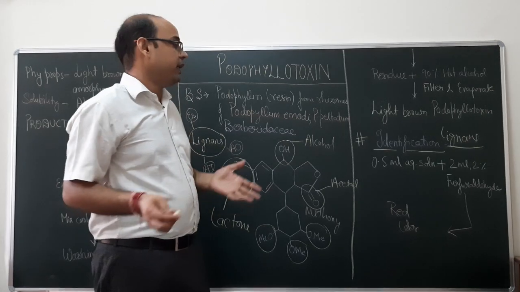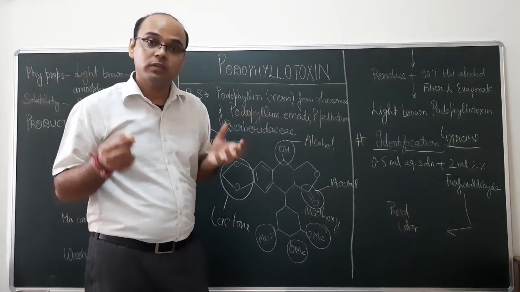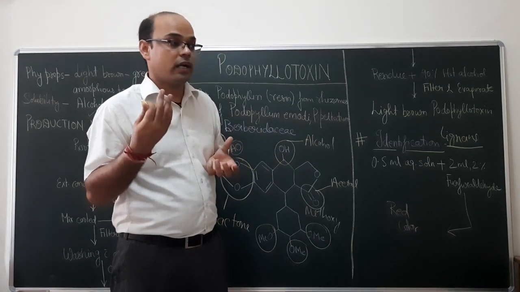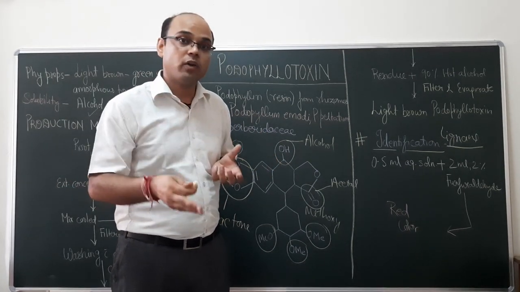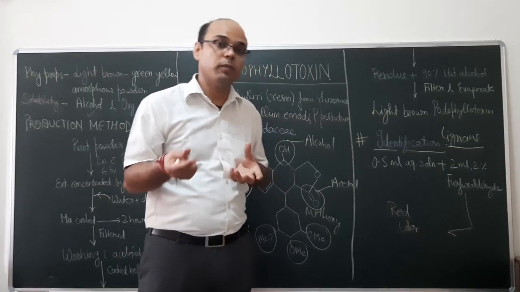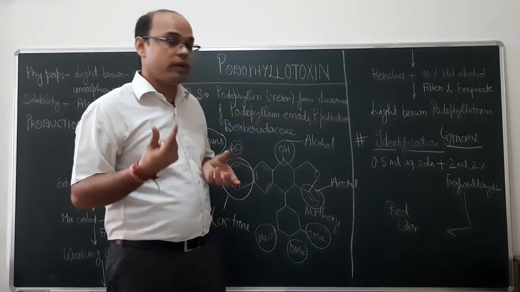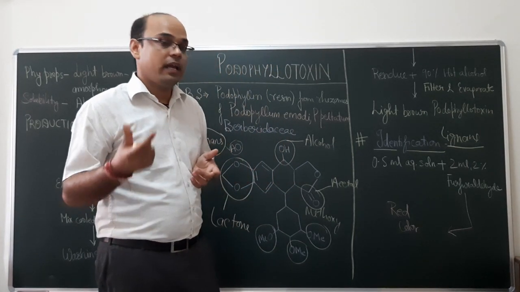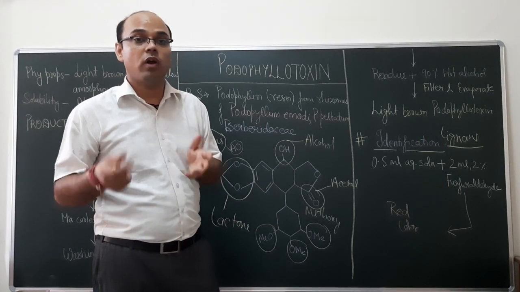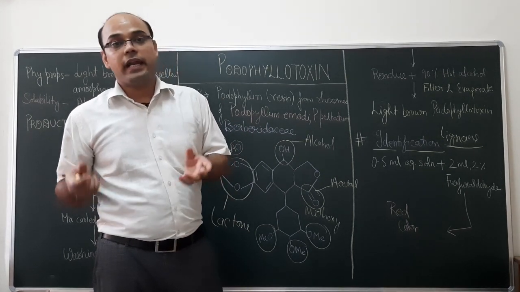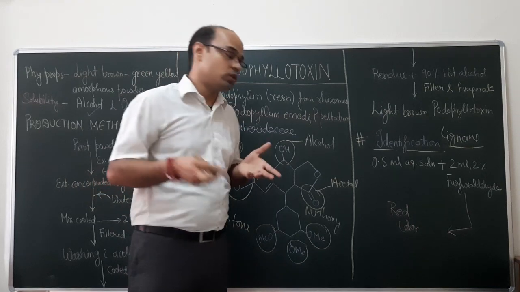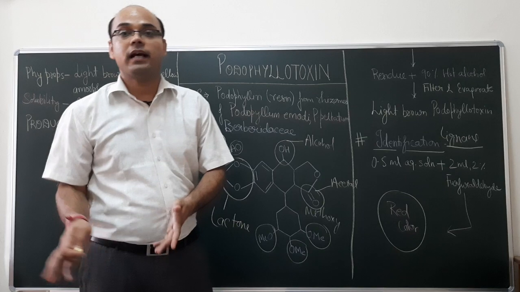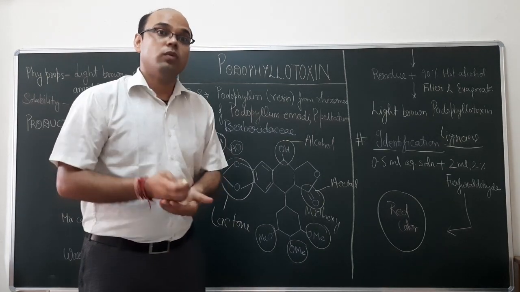What we do, we take the aqueous solution of the extract which we suppose to contain the podophyllotoxin, or you can also take the isolated podophyllotoxin sample, then to which you add 2 ml of 2% furfural, and after addition of furfural you will observe the red color, and if you observe the red color, then it shows the confirmatory test for the presence of podophyllotoxin and lignans. So moving on to